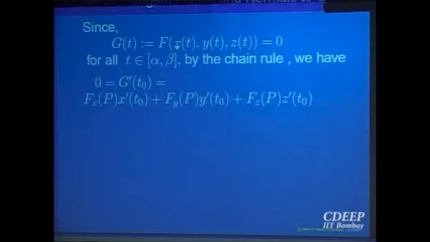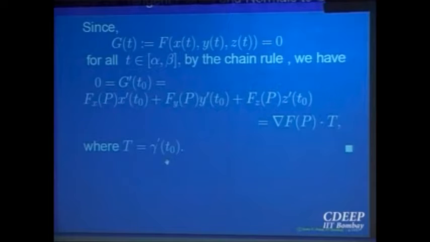So by chain rule, fx into x prime plus fy into y prime plus fz into z prime is equal to 0, and this is nothing but a dot product, the gradient vector (fx, fy, fz) dot product (x prime(t0), y prime(t0), z prime(t0)) equal to 0. That is the equation of the dot product. So the gradient at P dot T is equal to 0, where T is the vector (x prime(t0), y prime(t0), z prime(t0)). So that is equal to 0. So that proves